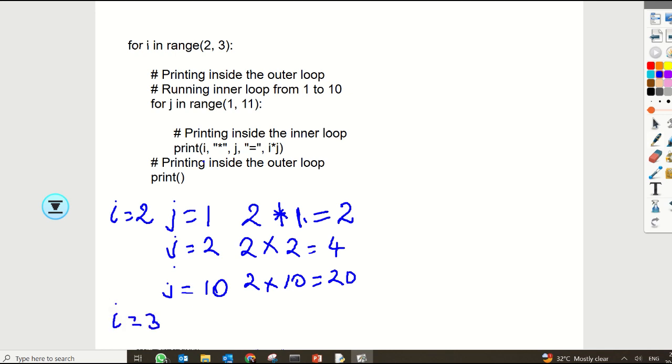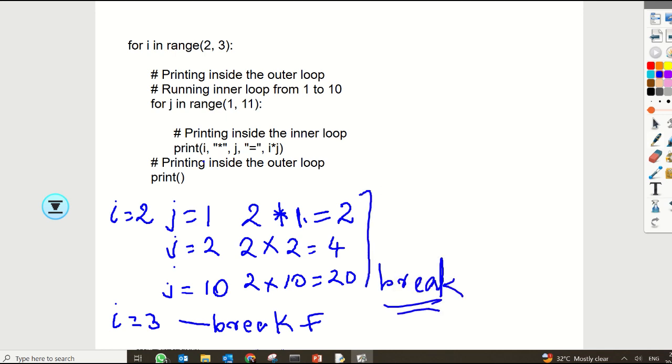So when it is 3, it will break here, right? Now the condition is false, it will break here, and here also it will break. So what would be your answer? Your answer will be this particular table, right? So this is exactly what you are showing here in this